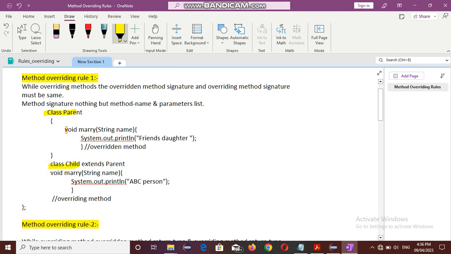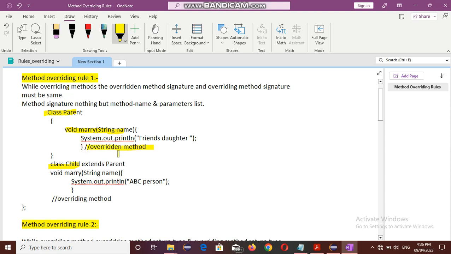In the parent class one method is available, which is the marry method. It expects one parameter, a name. The parent wishes his child to marry his friend's daughter. This is the parent class method, which is the overridden method.